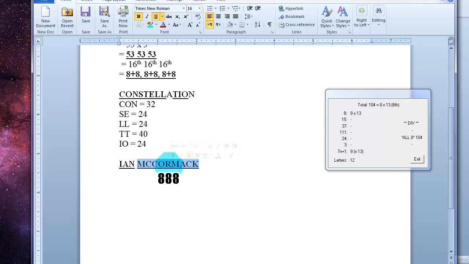And he has a total testimony, and he has a message that has been listened to by millions of people all over the world now. Well, the Holy Ghost gave me total witness that he was telling the truth through his whole testimony, and I was not the least bit surprised when I did the math on his name. Ian, 24, triple 8. McCormack, 80 exactly.